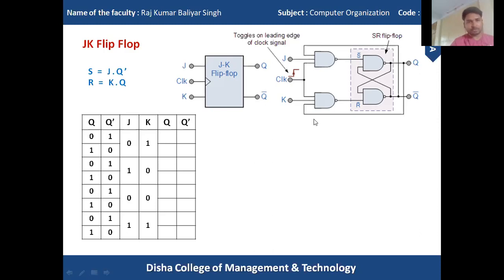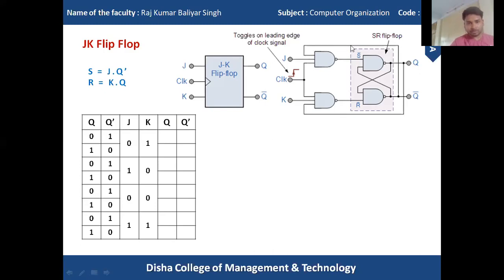But in the case of JK flip-flop, we have to consider the values of Q and Q naught, because Q and Q naught are connected to the J and K terminals. Say somebody takes Q equals 0 and Q naught equals 1. It is also possible that Q is 1 and Q naught equals 0. For the same input value, we are taking different values of Q and Q naught. This is the predicted value. We take this value and we have to find out the final value of Q and Q naught.